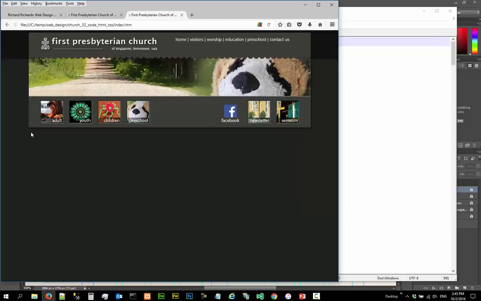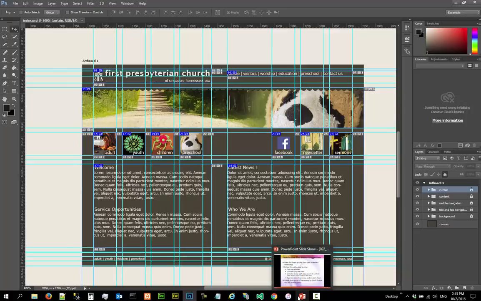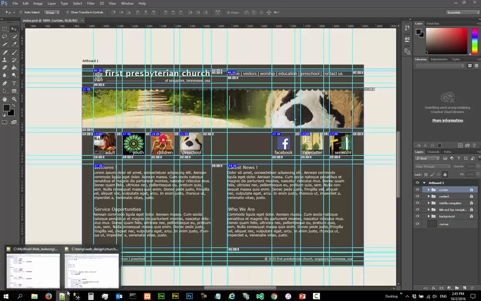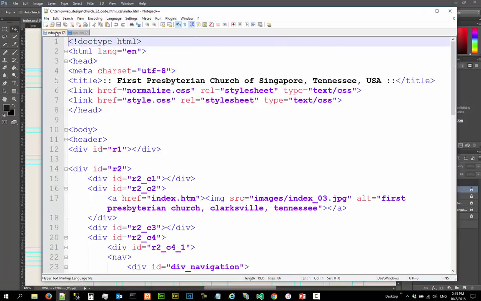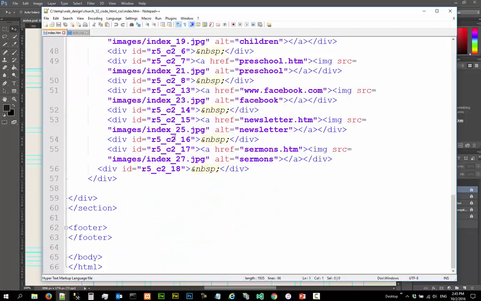Okay, so we are going to add one row here first for the gap, and I think it is around 15 pixels because this part is around 15 pixels. Okay, the height. All right, let's do that. So let's go back to our index.html, move down a little bit, so,